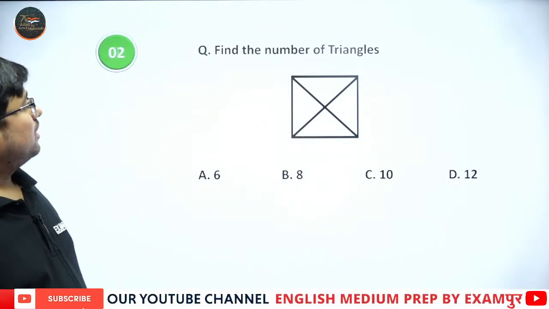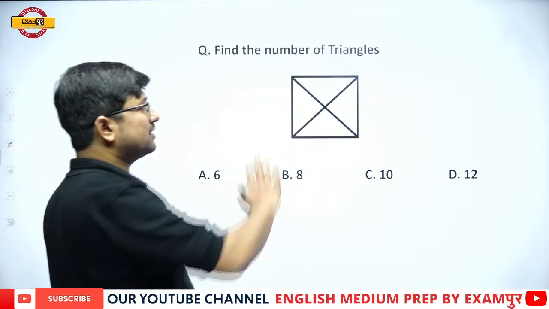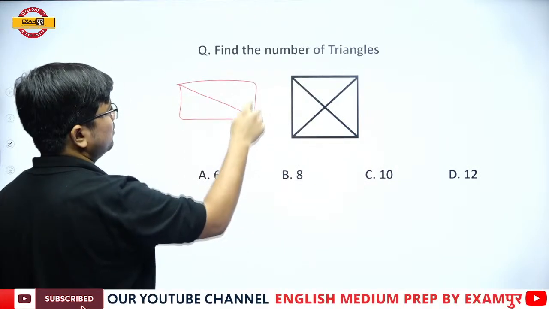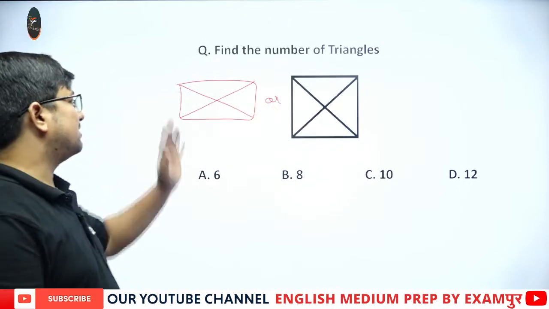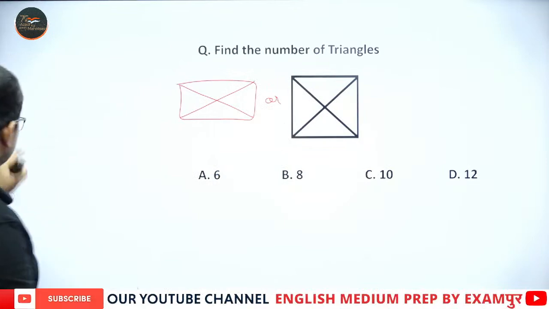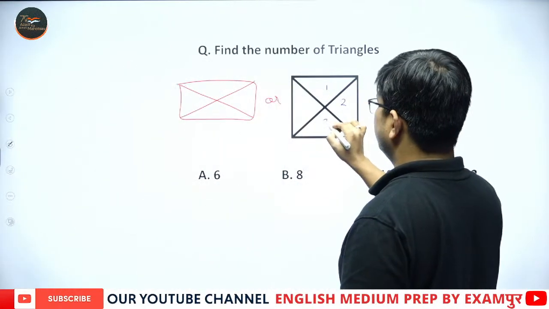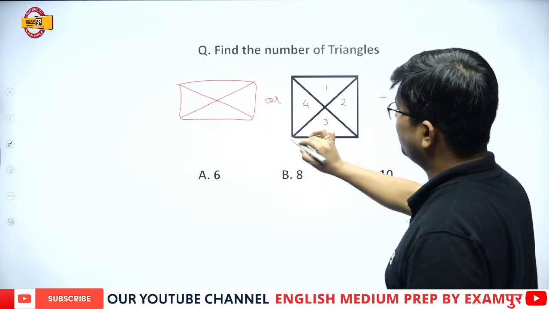Now, how to count the number of triangles over here? Whenever you come across such an object or such an object, they are the same. This or this is the same in terms of the number of triangles. And how to count that? 1, 2, 3 and 4. 4 are there, plus about this,